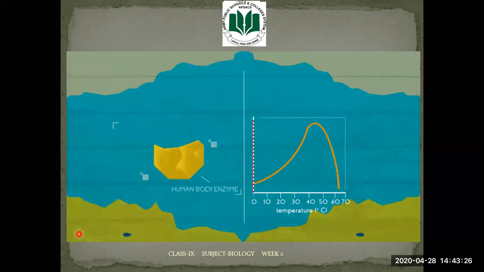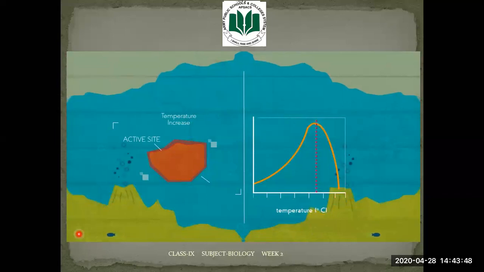Typically, enzymes that operate in warm-blooded animals tend to have an optimal temperature of 37 degrees Celsius, which is body temperature. Then as the temperature rises above that, the rate of reaction rapidly falls because the active site has changed shape, whereas enzymes in bacteria that live in the thermal vents have a much higher optimal temperature.